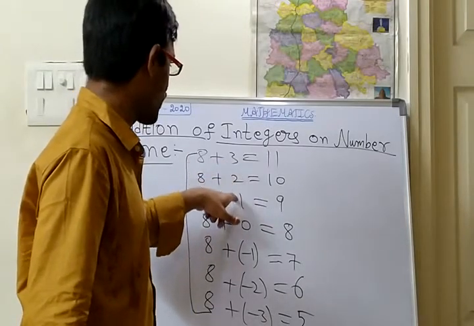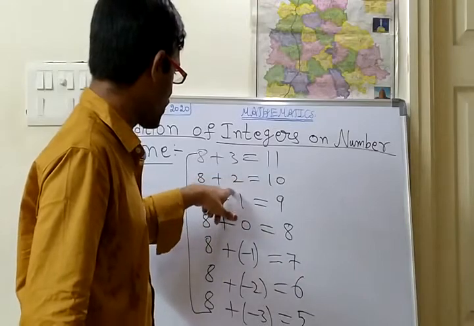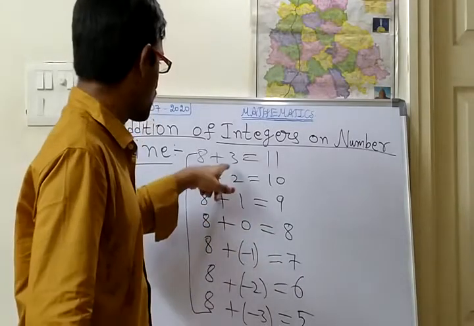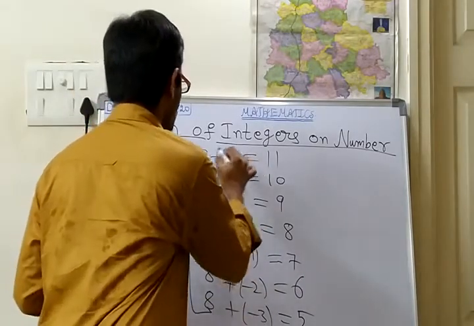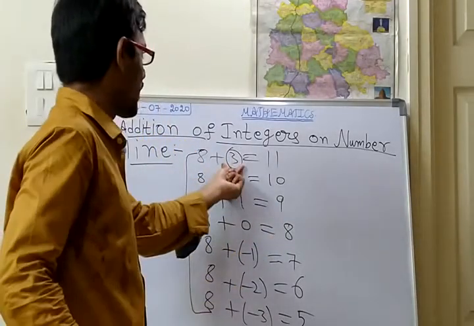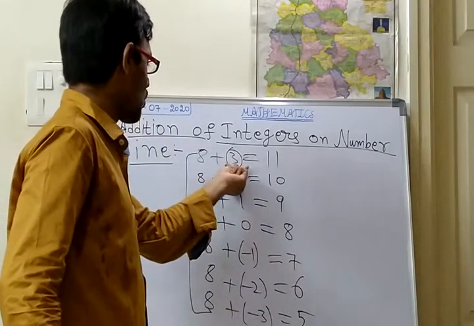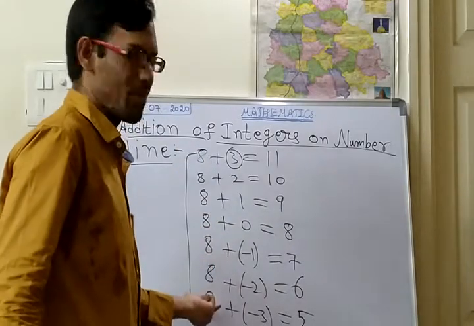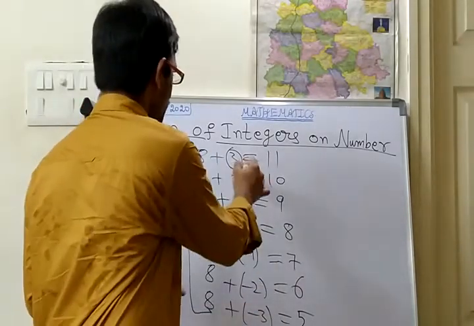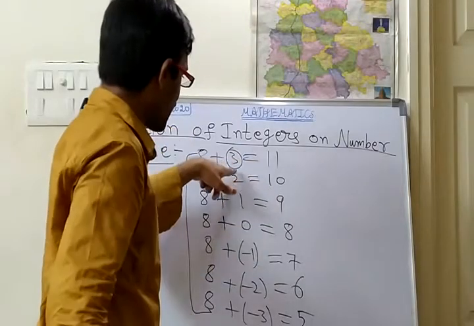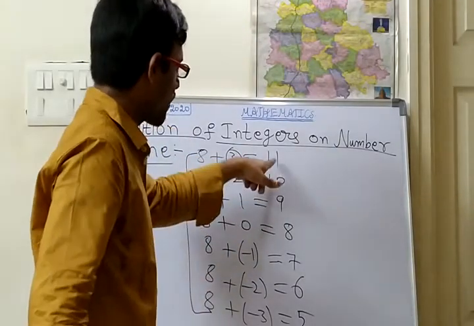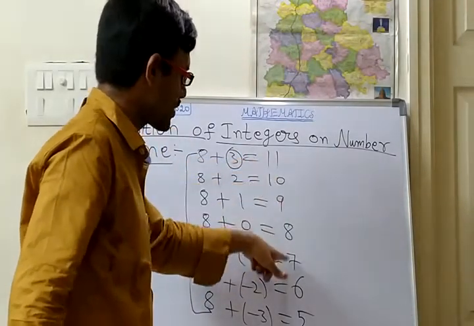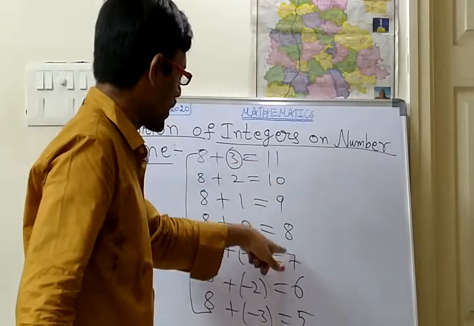So going on with the next steps, that number is going on decreasing. Whatever the number we are adding to this target number, that number is going to decrease. So first 3, next 2, next 1, but this number is the same number. While the adding number is decreasing, what happened to the result? The result is also getting decreased.